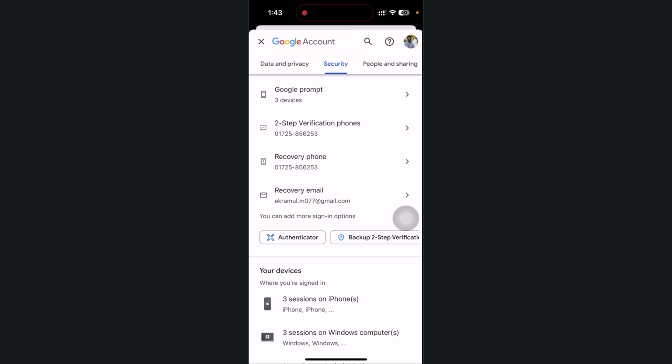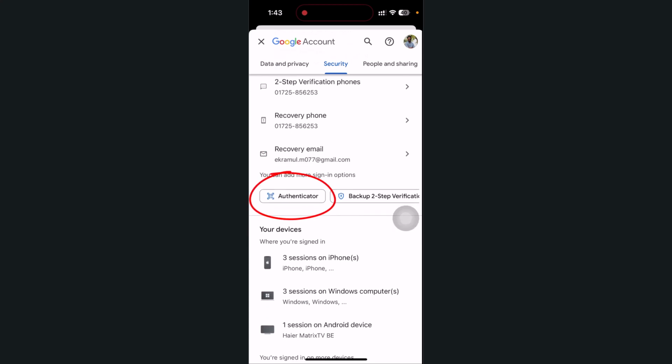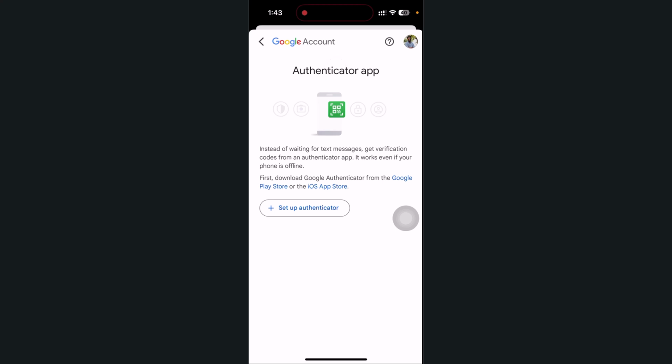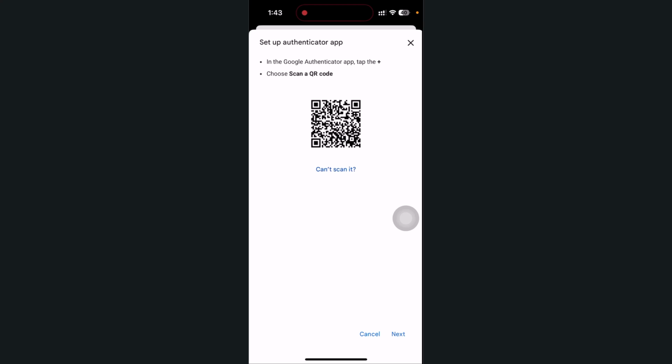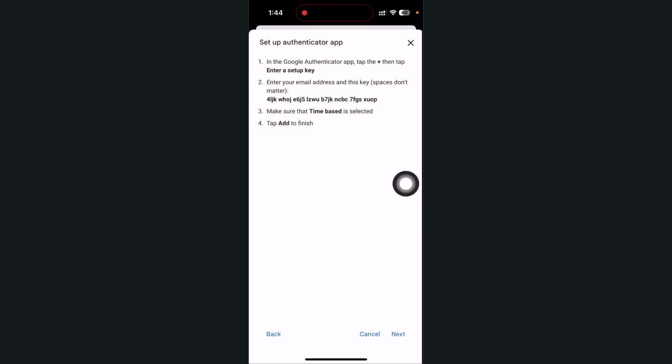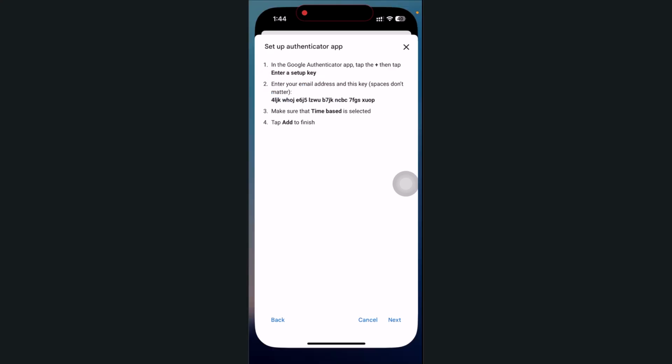and then you can see the authenticator, this option, press on authenticator, then set up authenticator, press on this option, and press on can't scan it, and number 2 option, you have to copy this code, copy, and go back